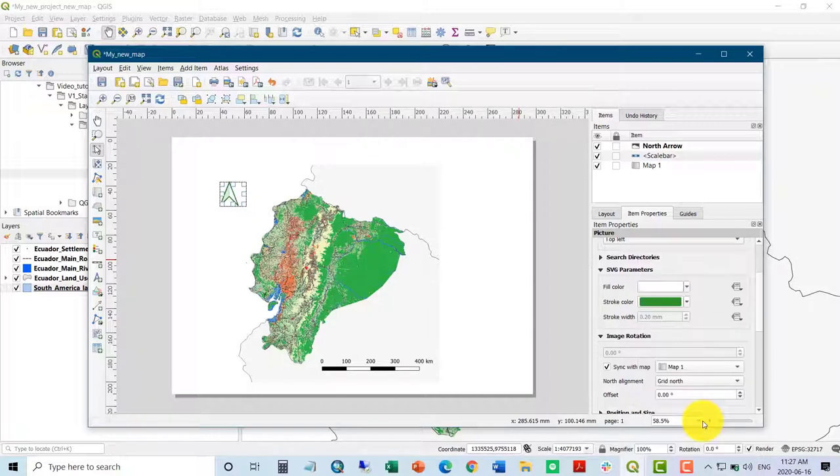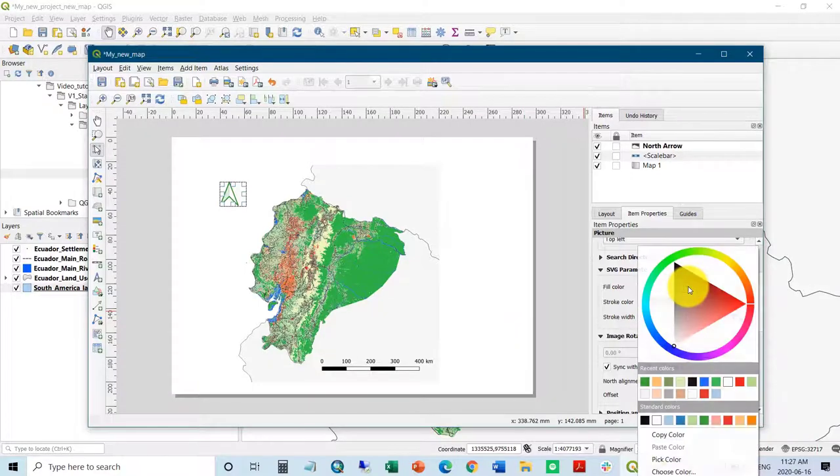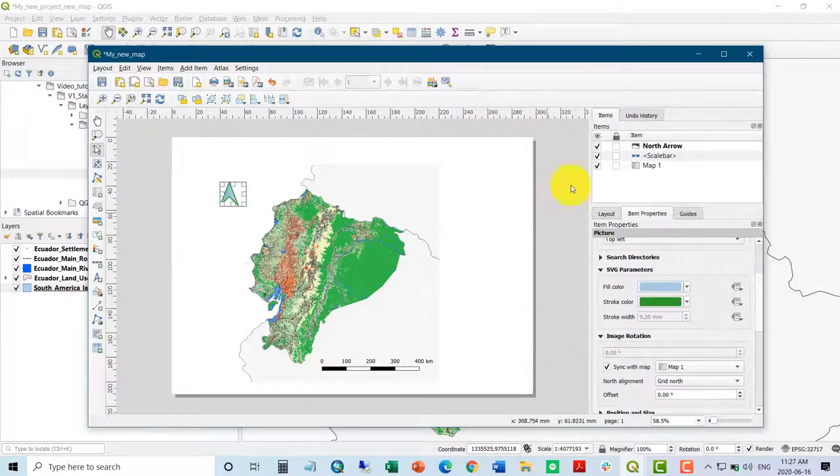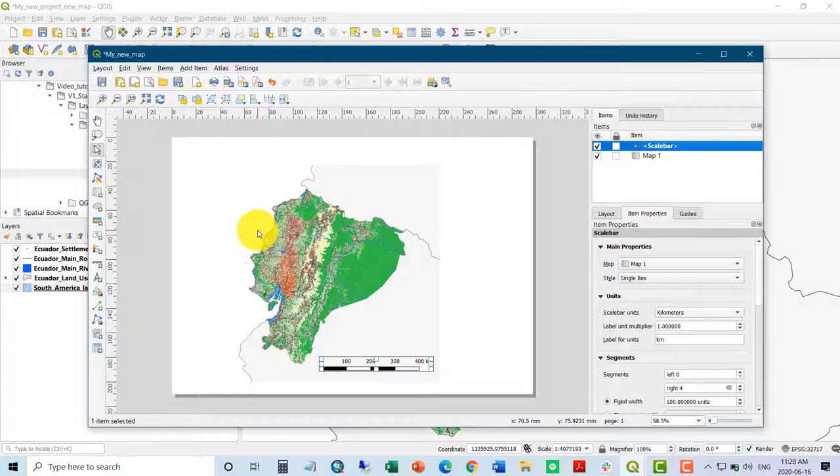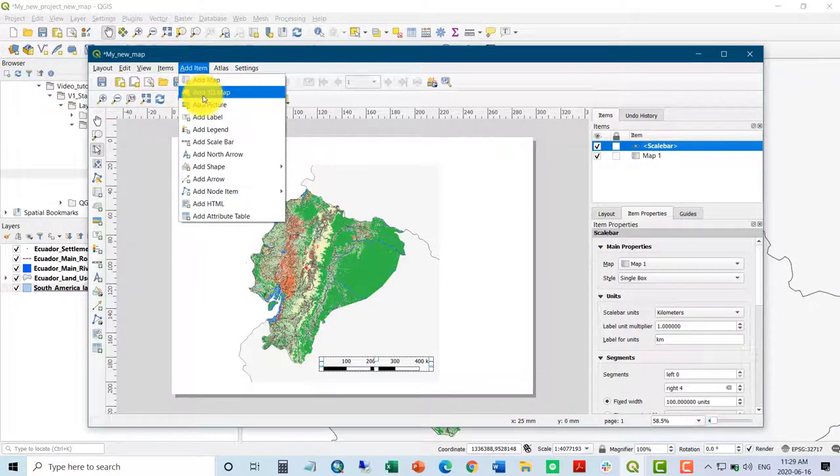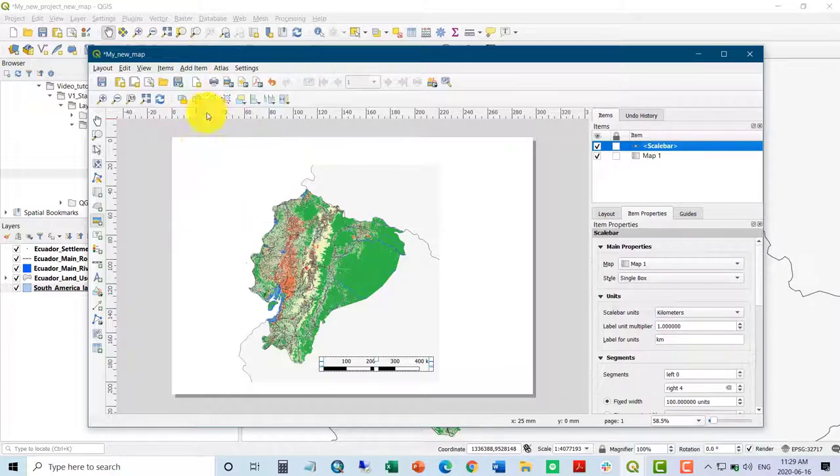And you can go to the item properties to change the color, to change the font. Feel free to add anything. You can see if I don't like it, I can delete it anytime. And then I'm mostly interested to add it from the add item on the toolbar. So you can see all items are also listed in here. So you can add a north arrow from here. So let's say I added the north arrow,